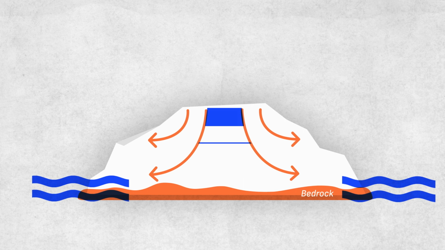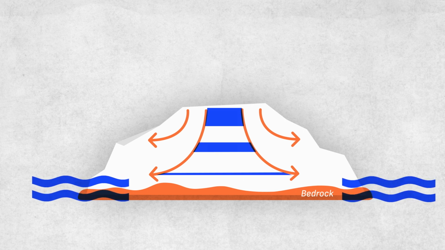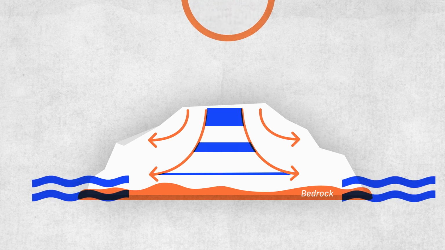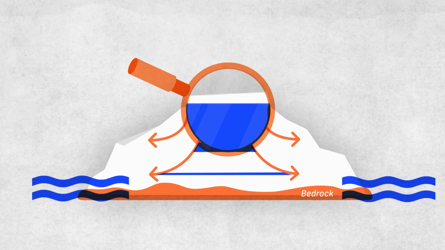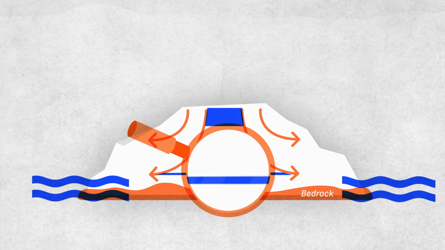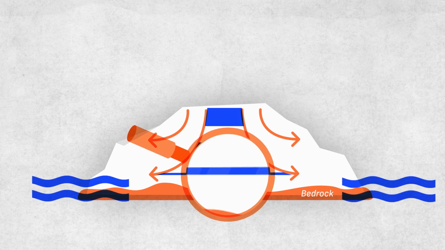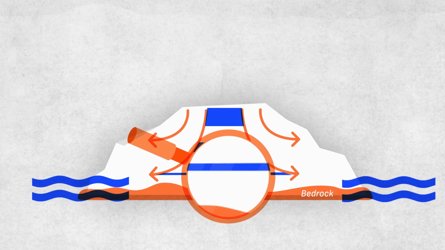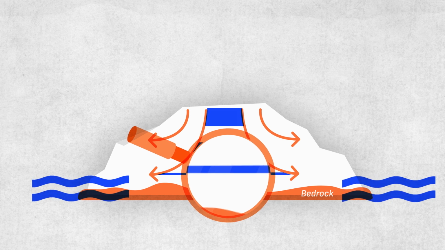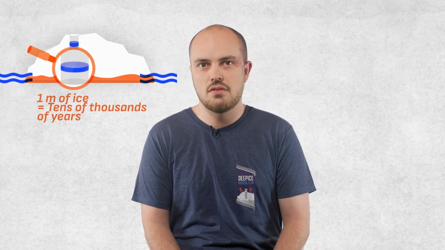A layer of precipitation deposited on the surface moves over time as more layers are deposited on top, and gravity pulls the ice downwards and outwards. This results in ice layers deep in the structure being much thinner than they were when initially deposited as precipitation at the surface. Towards the bottom of the Antarctic ice sheet, tens of thousands of years of information can be packed into only 1 vertical meter of ice.